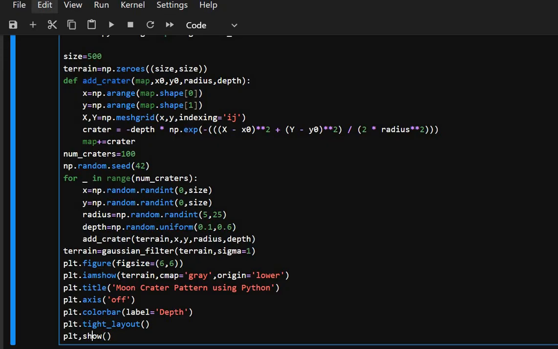So here plt.figure creates a new figure for the plot with the size of 6 by 6 inches, and plt.imshow here displays the terrain, the data to be visualized, the cratered surface, and cmap gray uses a grayscale color map to visualize the depth. Lighter shades represent higher elevations while darker shades represent lower elevations, and origin equals lower ensures that the origin of the plot is the bottom left as is standard for most geographical data,